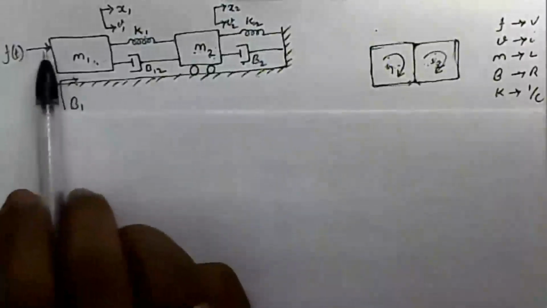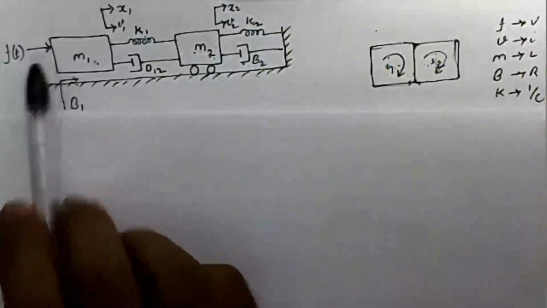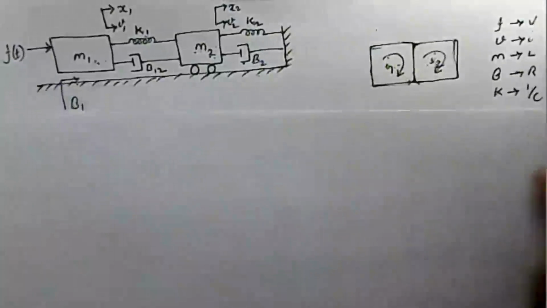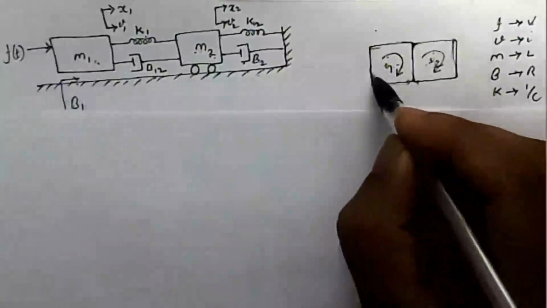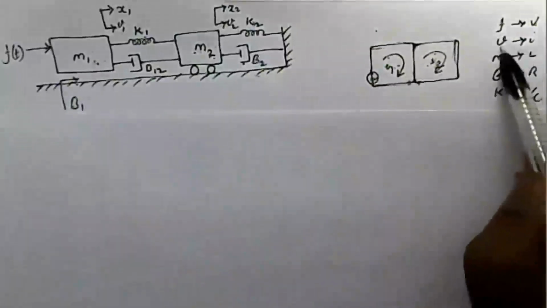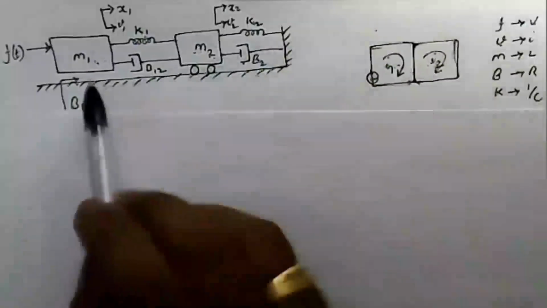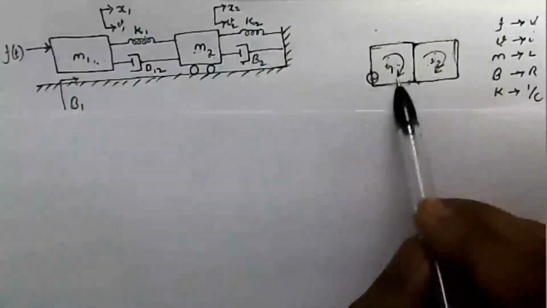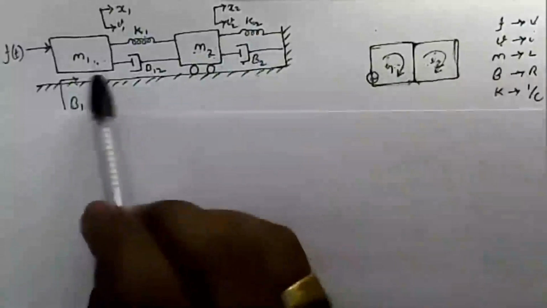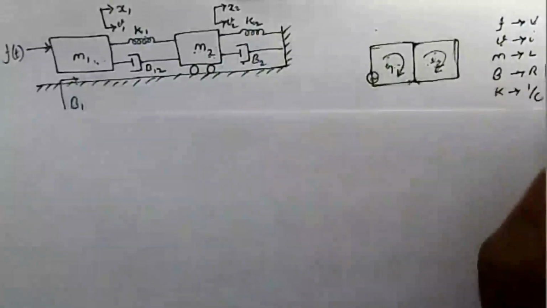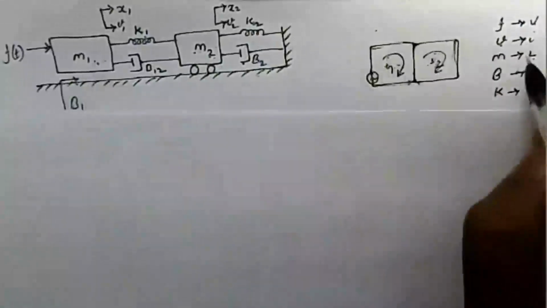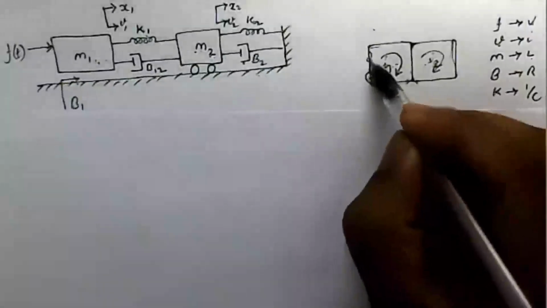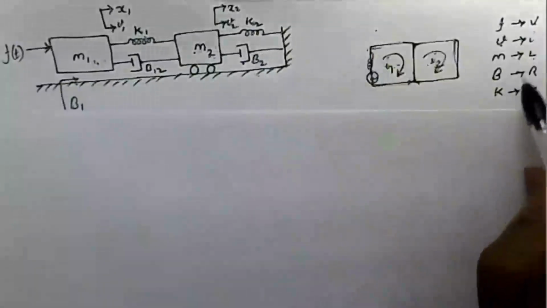Here in this node, F of t, that is the force voltage, is the individual element. Here, this is the voltage source. Then velocity is replaced by current I1. Then M1 is the individual. For M1, the similar electrical quantity is inductance. This is the symbol of inductance, a coil.